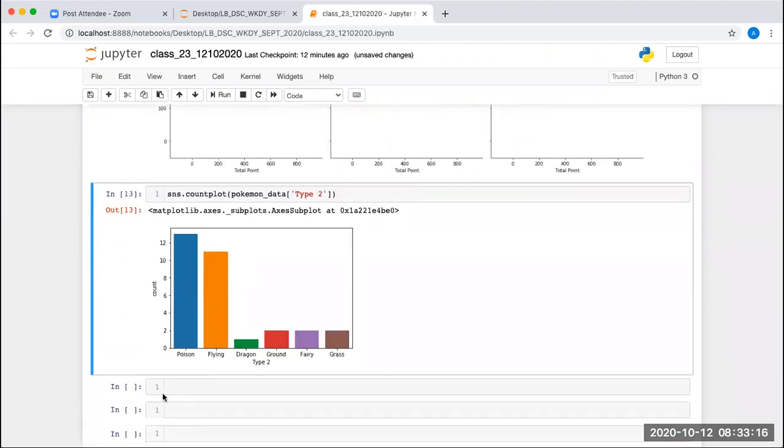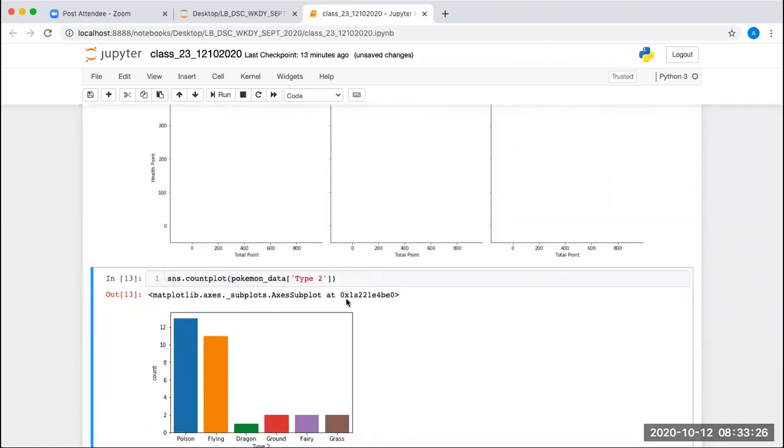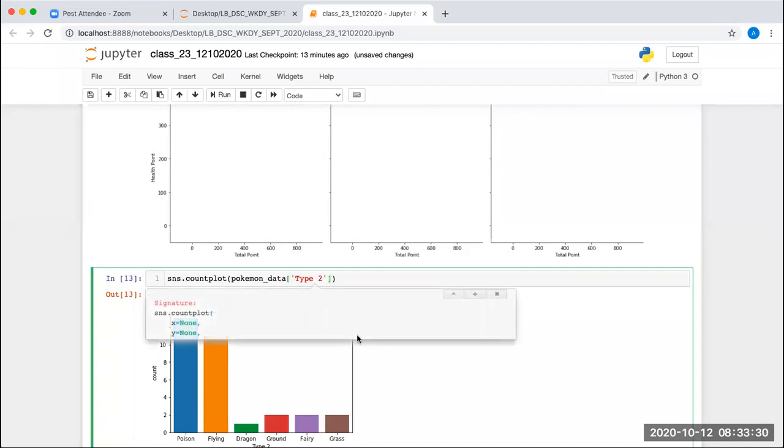If you see, poison counts are this, and then you have flying, and this is dragon. And if you want to check type 1, let's see whether we can add another attribute.